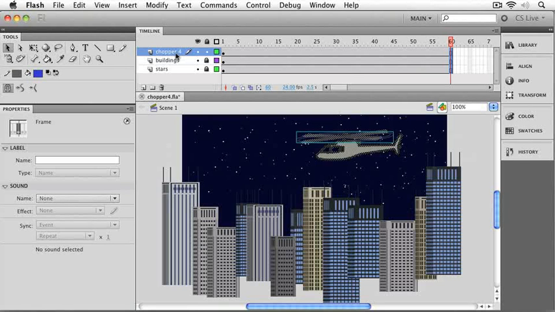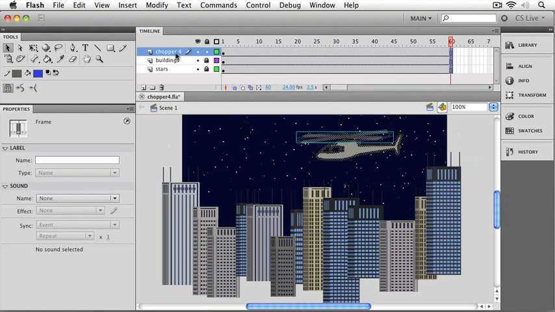Now we're ready to try out a motion tween, which is a lot more efficient and a lot less tedious than frame-by-frame animation. We will have to set our helicopter up first, so let's take a look at the requirements for a motion tween. Now, first of all, the item needs to be in a layer by itself. And since we're going to animate the whole helicopter, and it's already got its own layer, we're good on that